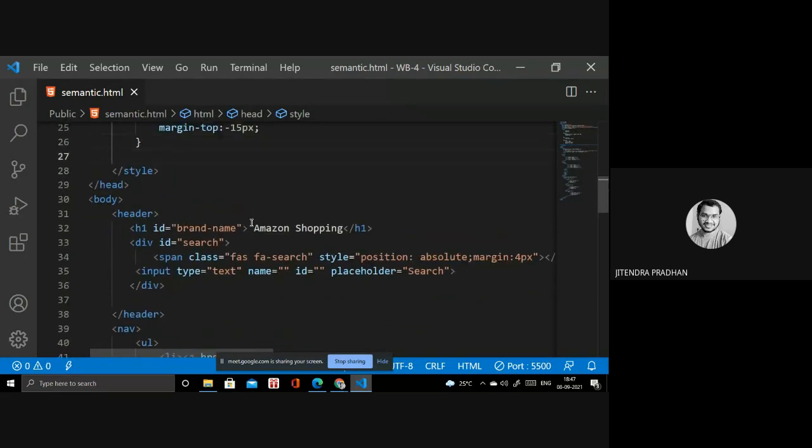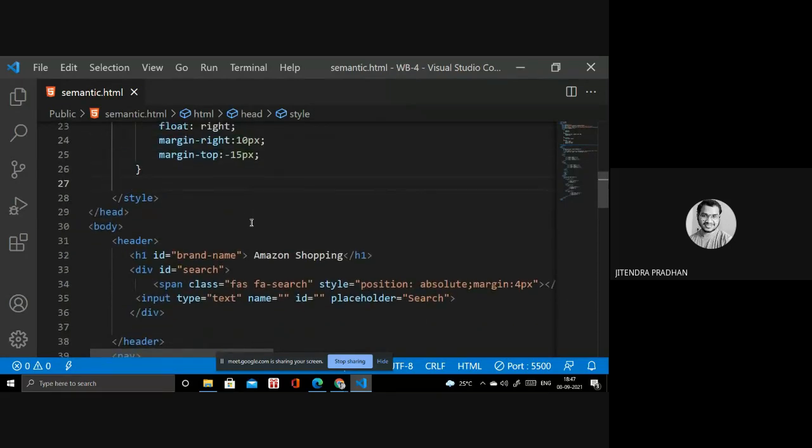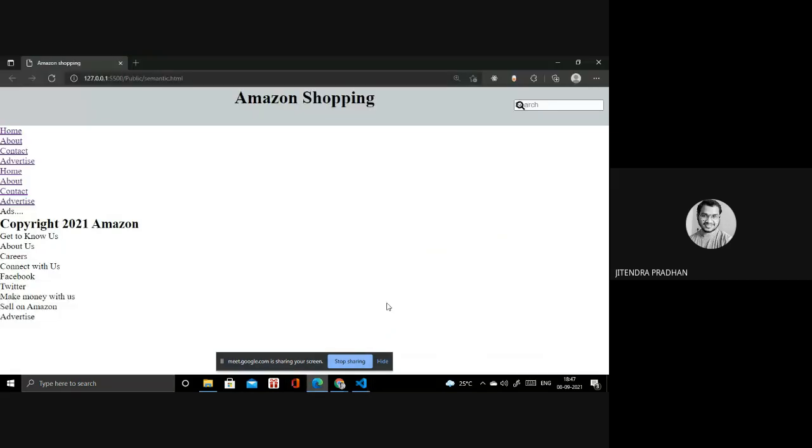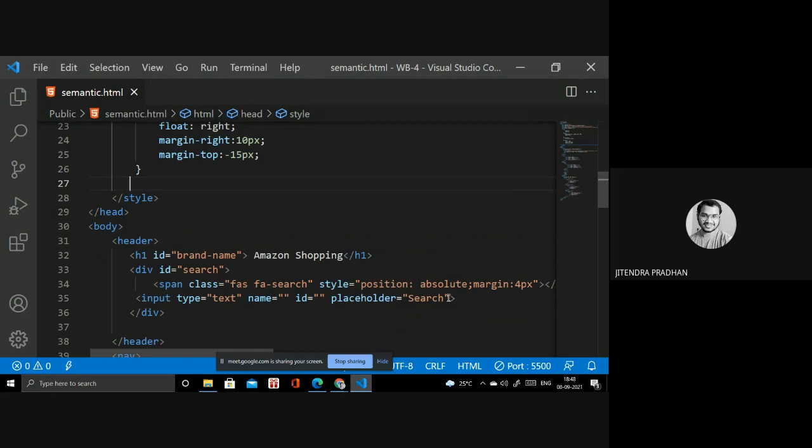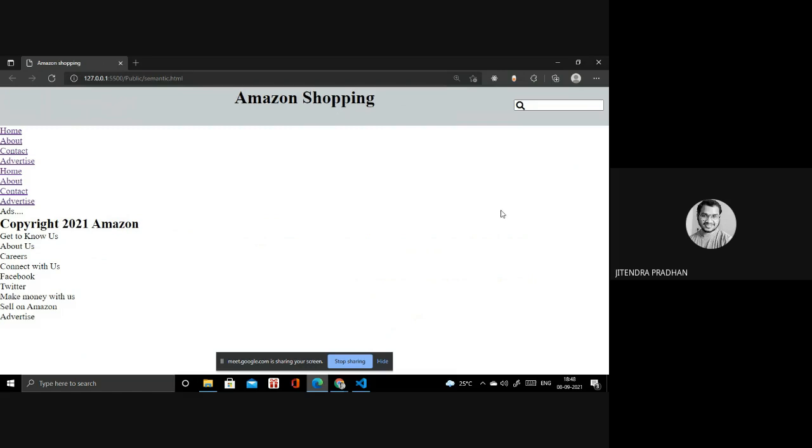If we take more time, I will teach you semantic tags, not required. But you have to understand how we design in the CSS and how we change the particular margin, margin top, margin left, margin right in the CSS as well. With the placeholder, you can place the input box, and whatever you write inside will be formed in the right position, so we can do all this, don't worry. So let's design. I will remove that search. We do not require it inside the placeholder. It looks ugly. Okay, it looks better now.